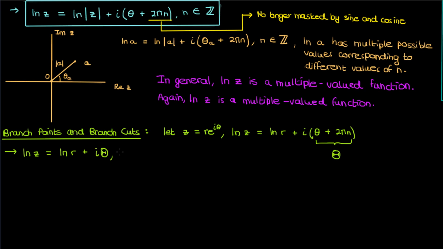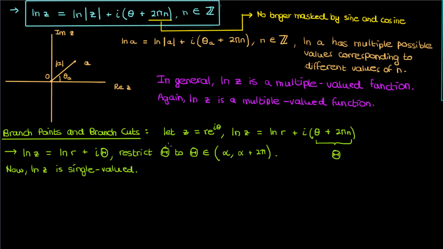The problem with this natural log is that it's multiple valued, as I mentioned above. However, it is possible to convert this multiple valued function to a single valued function. To do that, we can just restrict the capital theta to lie between some arbitrary real argument alpha and then alpha plus 2 pi. In performing this restriction, what we've done is we've created a branch of the natural log